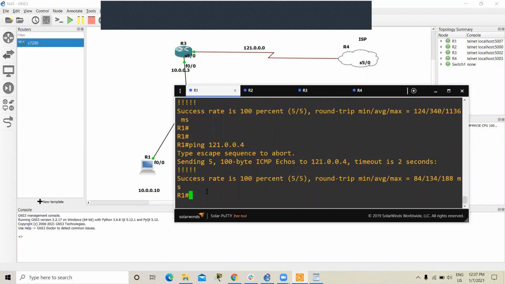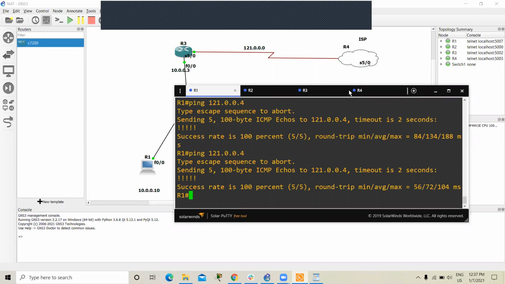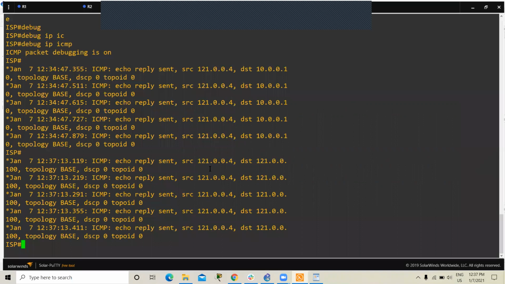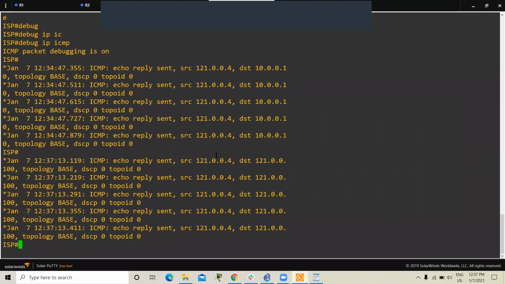If I ping from router 1 to router 4, it does not show our private IP. It shows 192.1.0.100. Here is our 100.